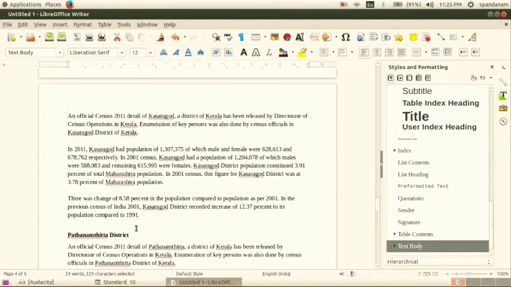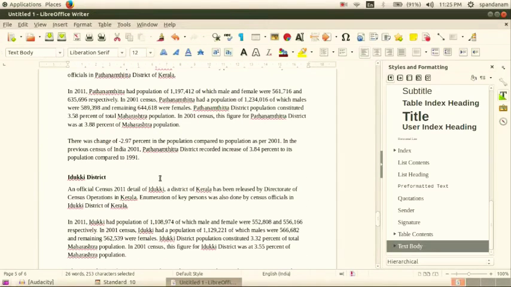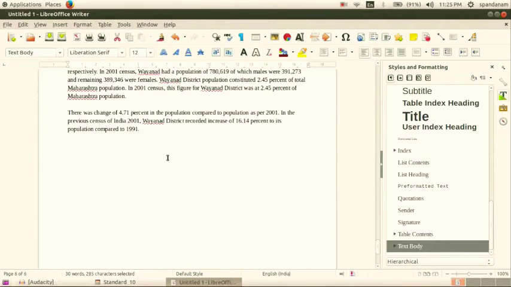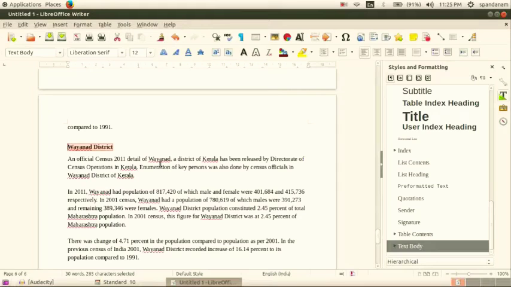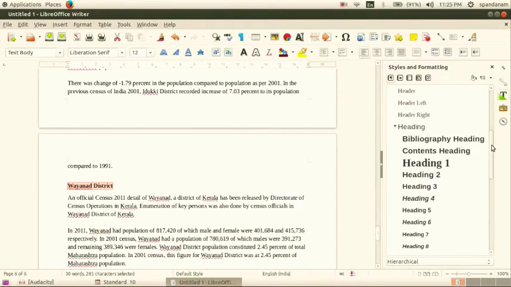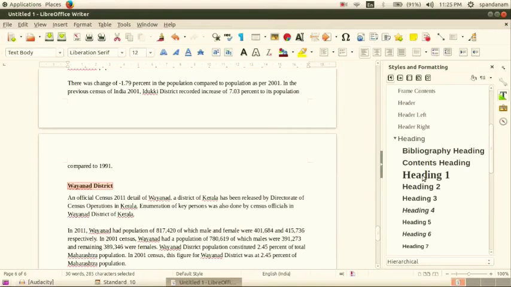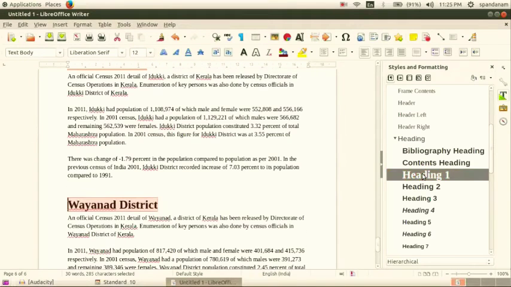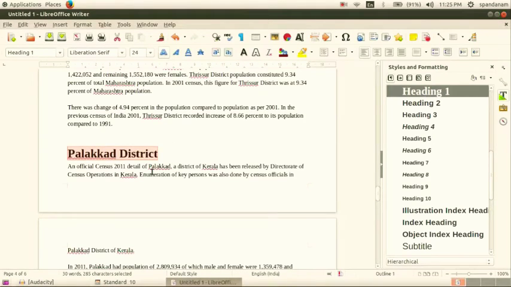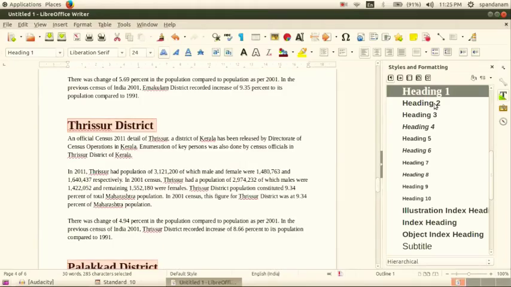After selecting all the headings, click on Heading 1. Now we changed all the headings.